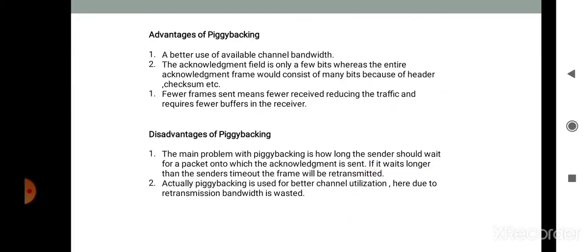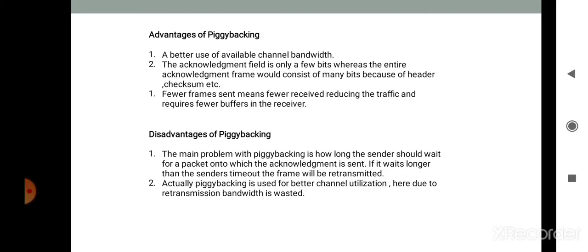Here are some advantages of piggybacking: a better use of available channel bandwidth. Second, the acknowledgement field is only a few bits, whereas an entire acknowledgement frame would consist of many bits because of the header, checksum, etc. And third, fewer frames sent means fewer received, reducing the traffic and requiring fewer buffers in the receivers.